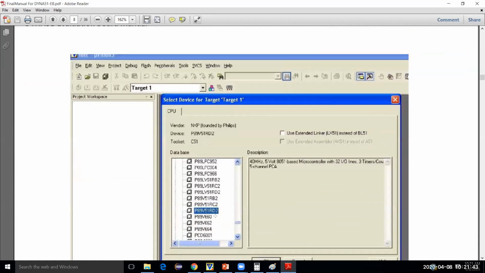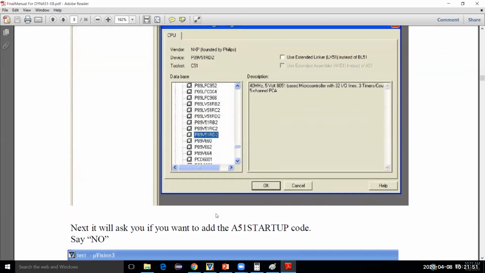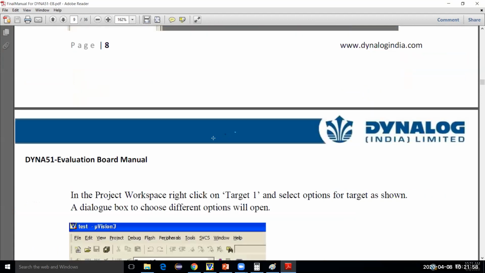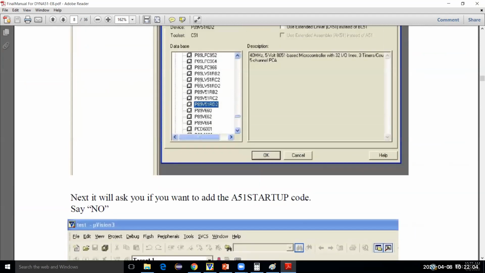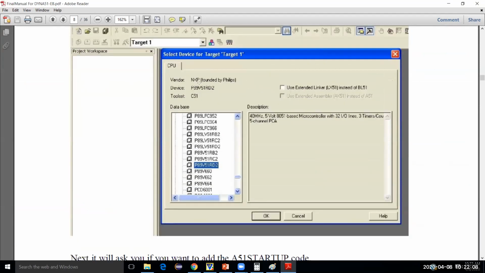Here in this lab manual they use P89V51RD2, so they say you should use this device for execution of your program. Because of that only we are using this P89V51RD2 device for our program, because we are using the Dynalog kit in our lab.